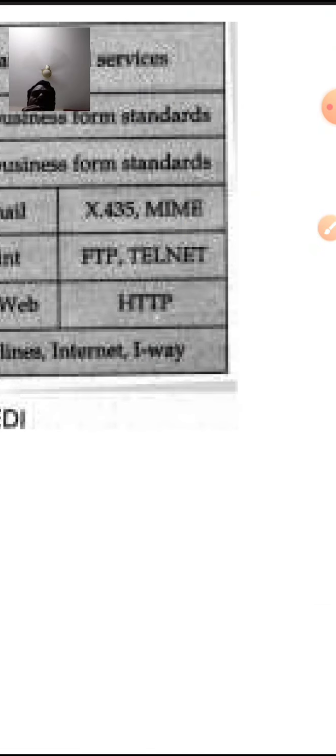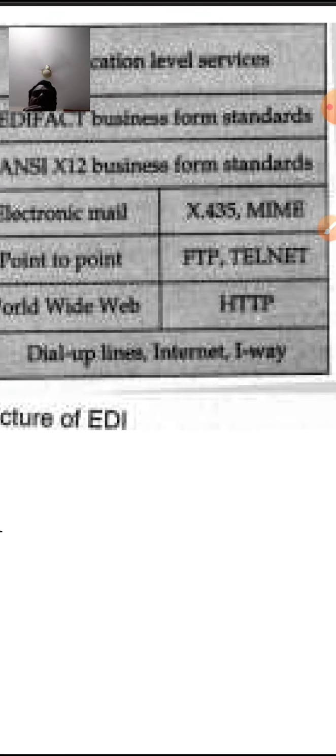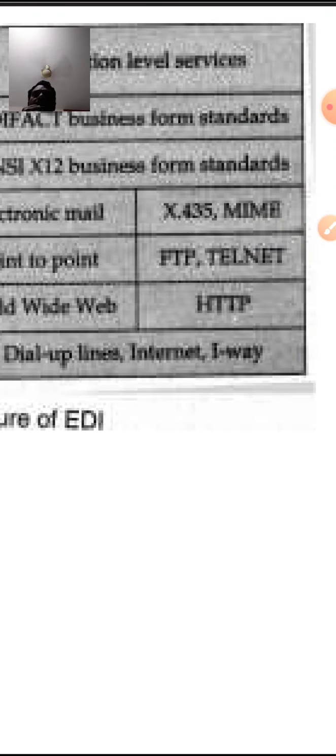So like that, total transportation responsibilities is taken by this EDA transportation layer with the help of all these sub mechanisms, that is electronic mailing mechanism, X435 MIME mechanisms, or point to point technique, or FTP, that means file transfer protocol, or telnet, or World Wide Web, that means www, HTTP. With the help of all these techniques, the information is transferred from the source to the destination, and from the destination again to the source if necessary. So this happens with the help of EDA transportation layer in the EDA application.